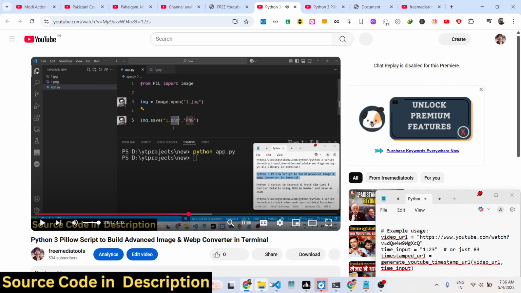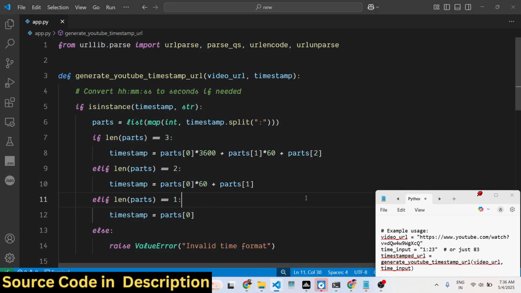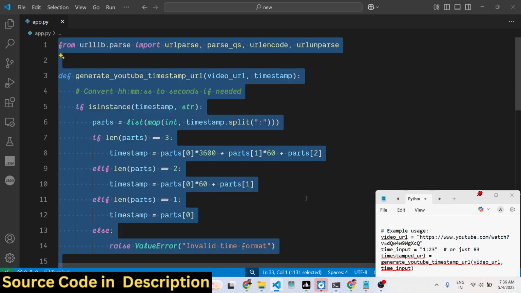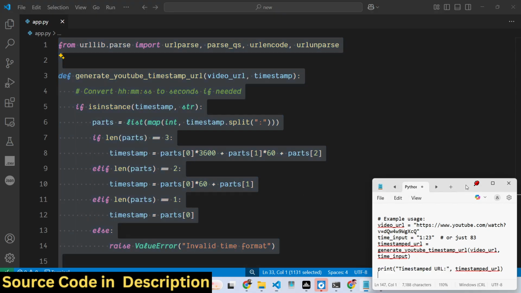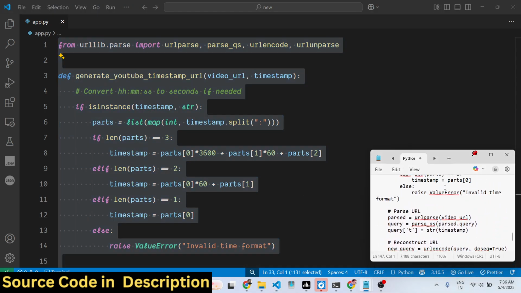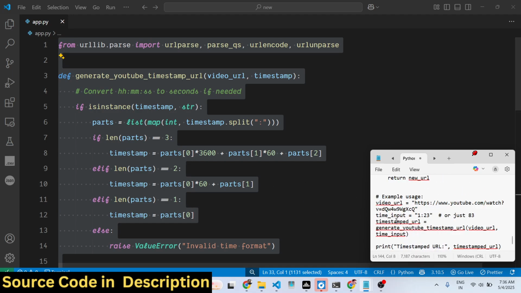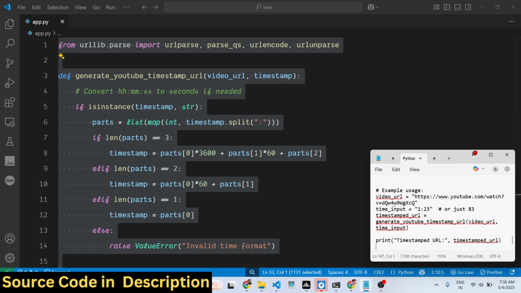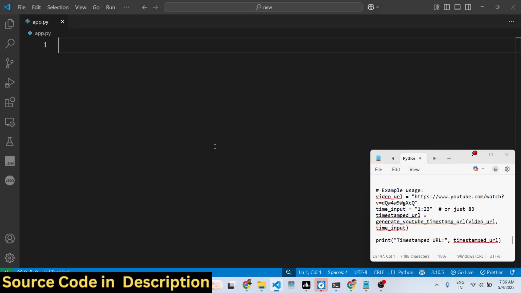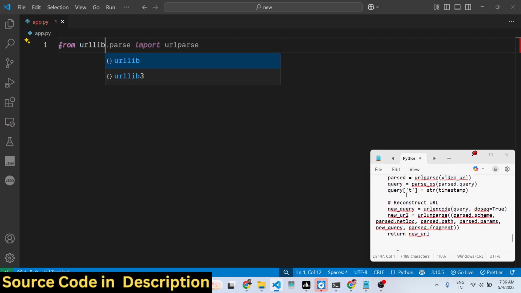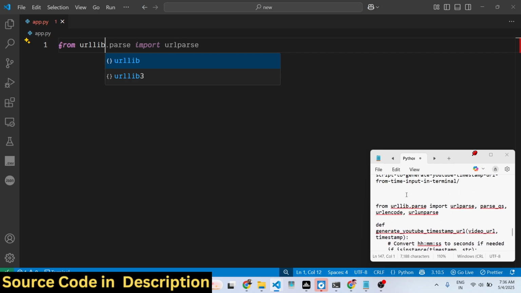In this way, I will show you a Python script which will do this process. For this, I have given this script in the description of this video. So now I will show you how to do this. First of all, you just create a simple app.py file, and then for this you need the urllib library, which is a